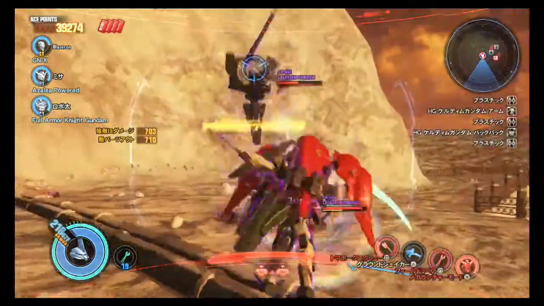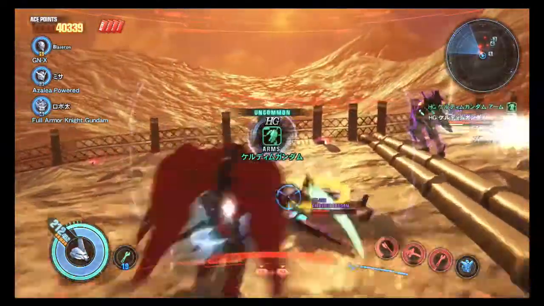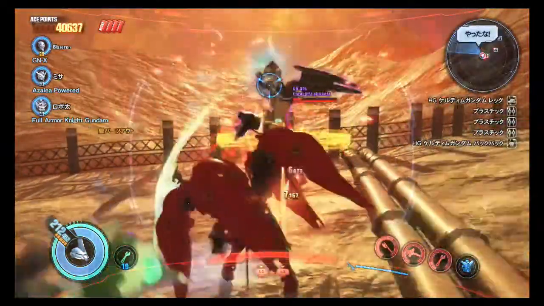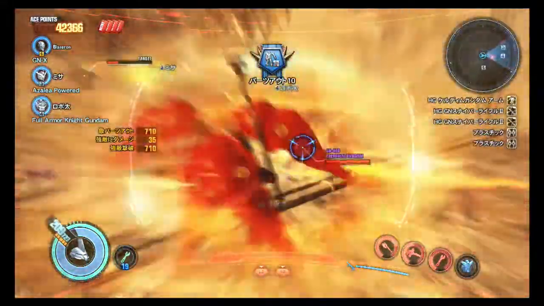And more spinning. I'm good at that. The kick totally missed, but I got a green rarity Cherubim torso. I could knock this dude's legs off, he'd be done, but I can't, so...